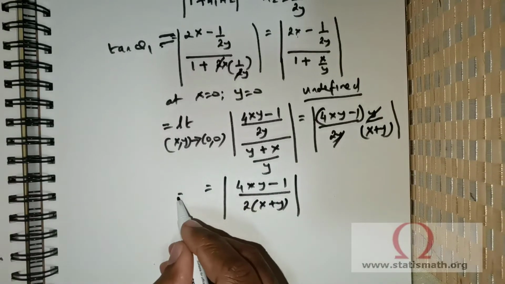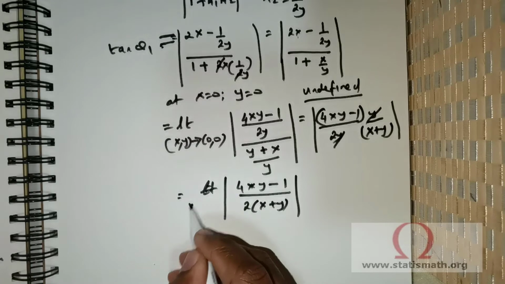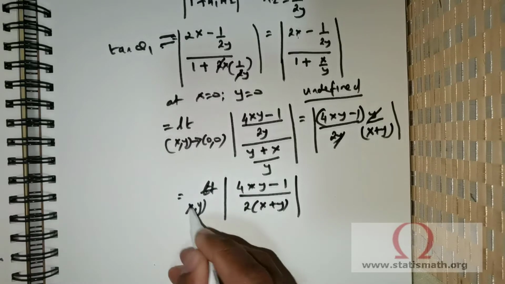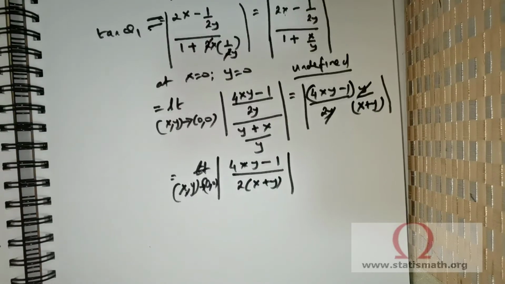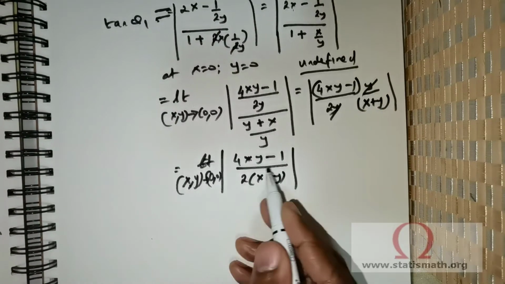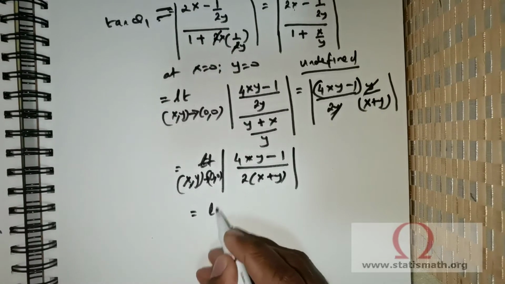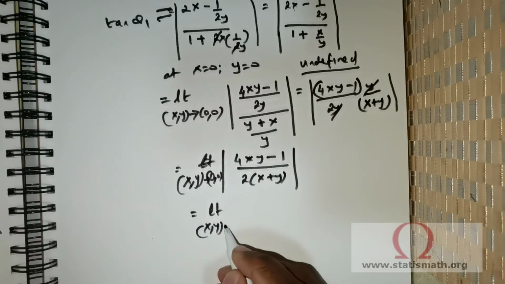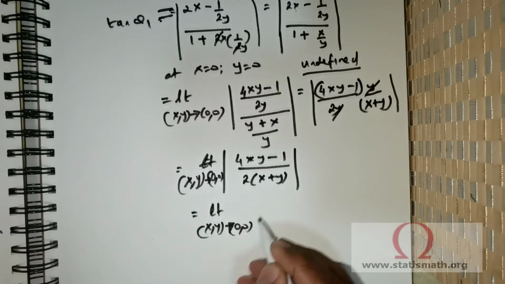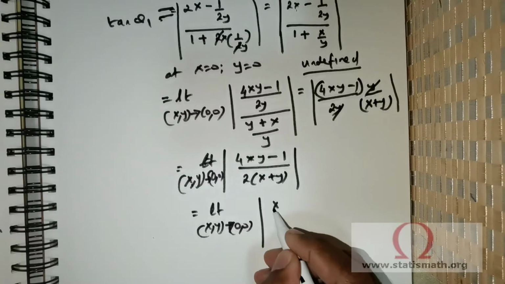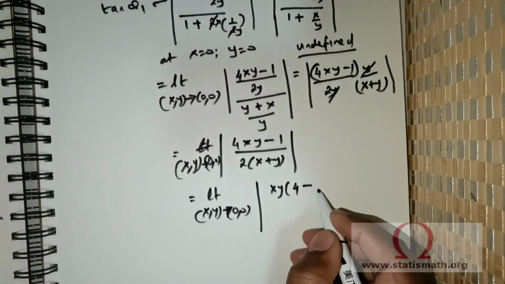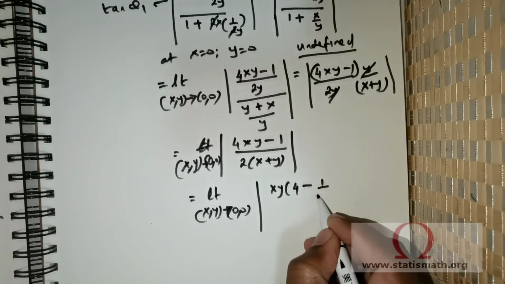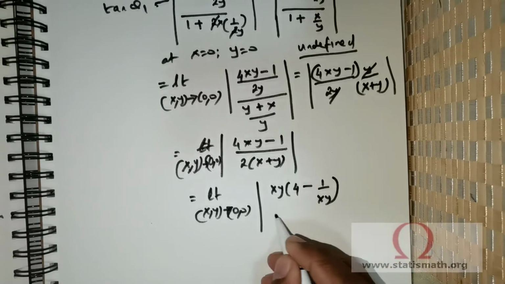Now this is actually equal to the limit, as (x, y) tends to (0, 0). You need to write that. So how are we going to use this limit concept? To use it, I'm going to take xy out, and that is going to be 4 minus 1 divided by xy, divided by,